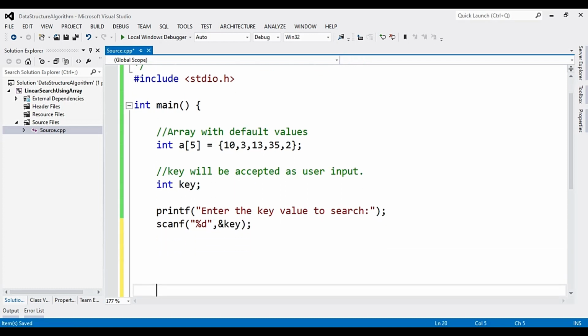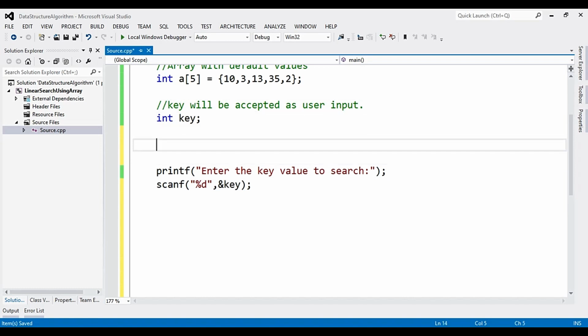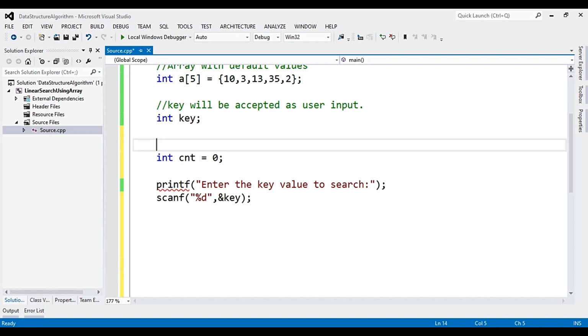Now once I have the value, my algorithm will iterate over the array. It will traverse the array from the first, that is the 0th index, till n minus 1. For traversal, let's have a counter. So I have a counter variable which will be initialized to 0.